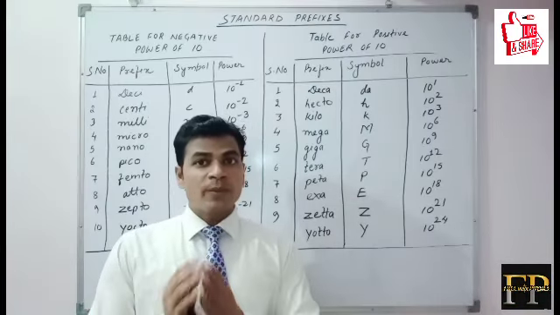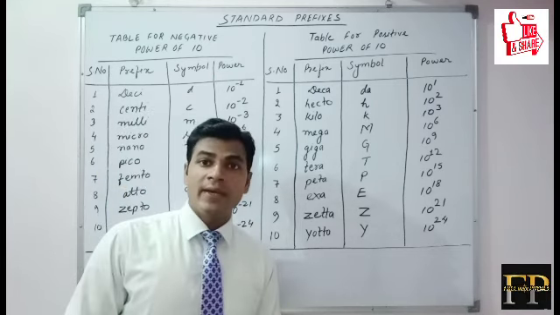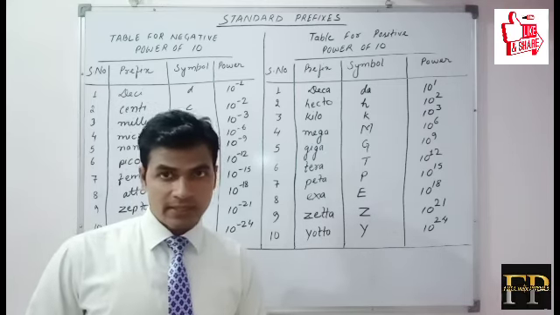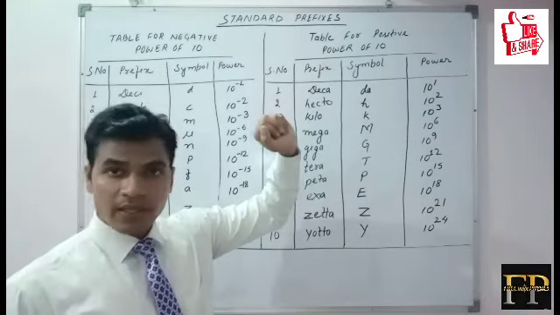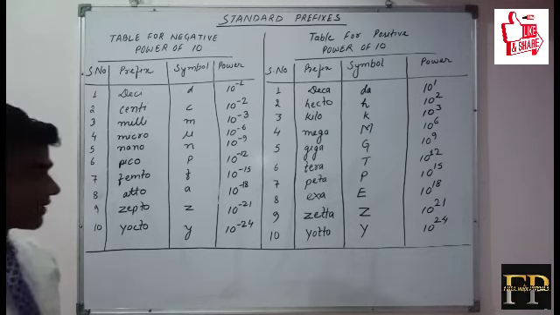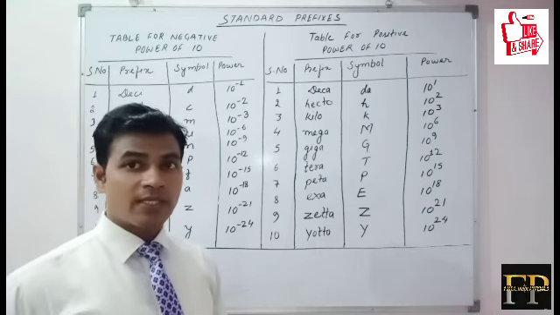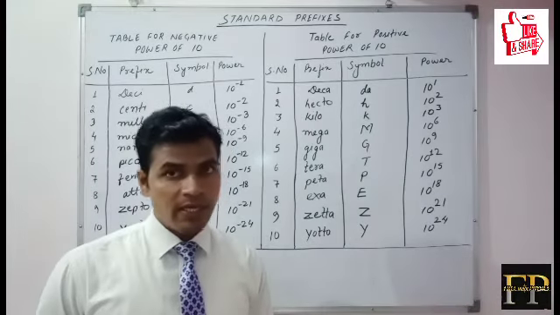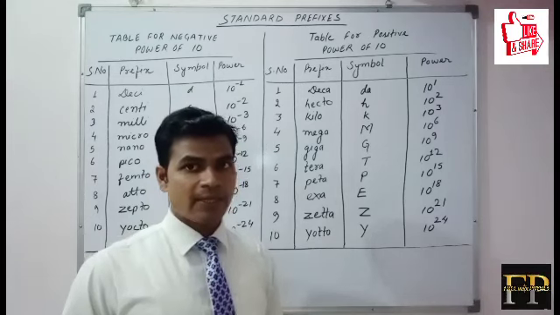Students, जब हम लोग को किसी भी फिजिकल क्वांटिटीज के छोटे अमाउंट को मेजर करना होता है, तो हम लोग 10 के माइनस, इट मीन्स नेगेटिव पावर में लिखते हैं। और अगर हम लोगों को किसी भी फिजिकल क्वांटिटीज के एक बड़े अमाउंट को मेजर करना होता है, तो हम लोग 10 के पॉजिटिव पावर में लिखते हैं। मैंने ये पहले से टेबल बना रखा है, आप चाहे तो स्क्रीनशॉट ले सकते हैं, या आपके रेफरेंस बुक में भी ये टेबल दिया होगा। इस टेबल को हम लोग एक बार समझ लेते हैं और उसके बाद ये रिमेम्बर कर लेंगे आप लोग। और एग्जाम पॉइंट ऑफ व्यू से ये टेबल बहुत ही इम्पोर्टेंट होने वाला है, तो इसे याद कर ही लेना है। मे बी इस टेबल से रिलेटेड कोई क्वेश्चन पूछा जा सकता है आपके एमसीक्यू टाइप क्वेश्चंस में।